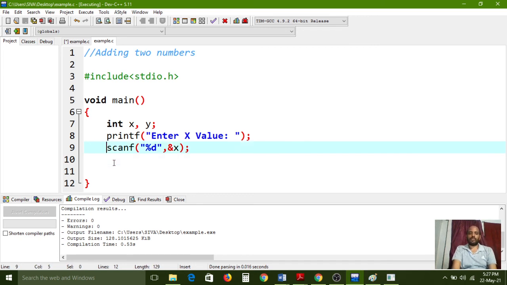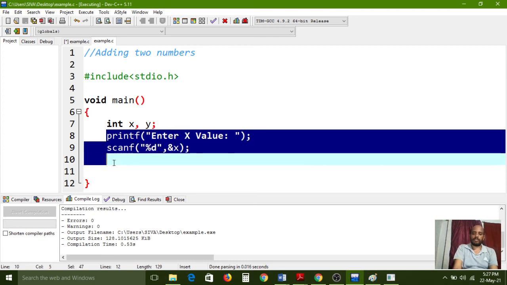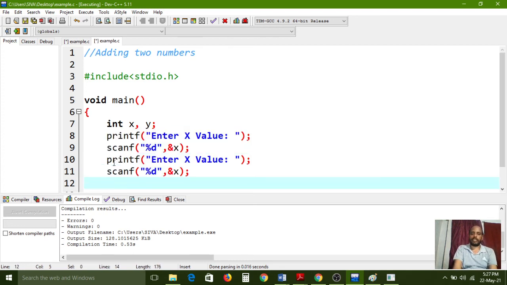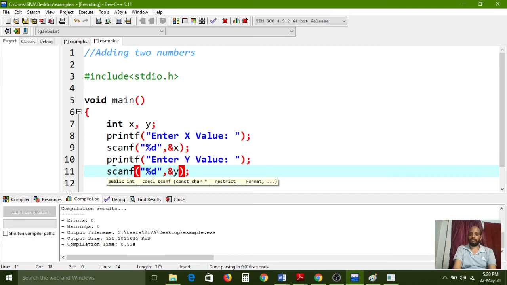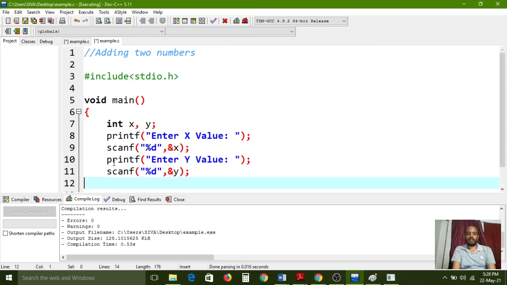So again these two statements you have to use and paste here for the y variable. Here instead of x I just change it to y, and the y variable value also is required. After reading these two inputs, the x value is stored into the x variable, as well as the y value stored into the y variable.